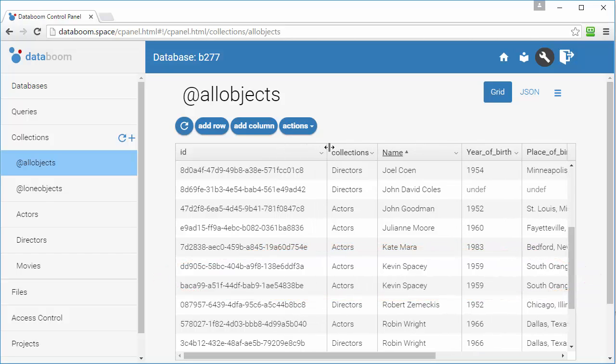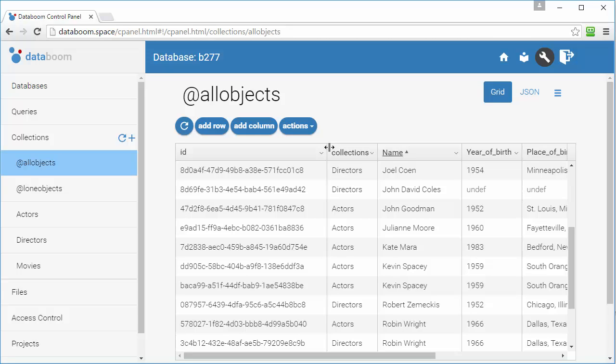Remember, in Databoom, each object has a unique identifier. That is, we are dealing with duplicate objects. One was loaded last time in the previous screencast. The second we just uploaded. To be able to fully, that is, quickly and conveniently, utilize the graph model, we need to get rid of